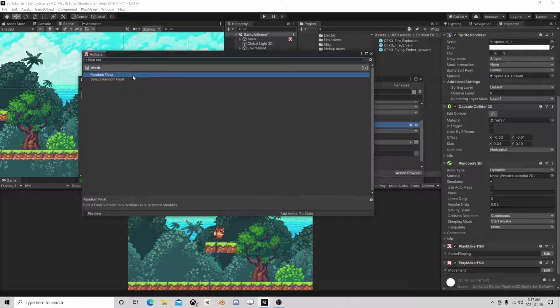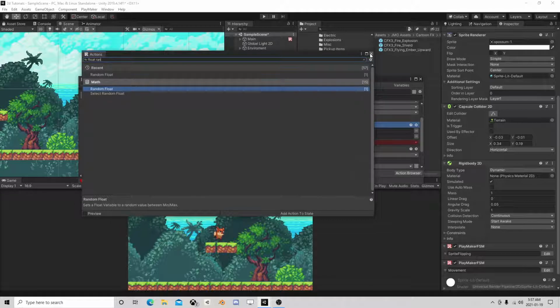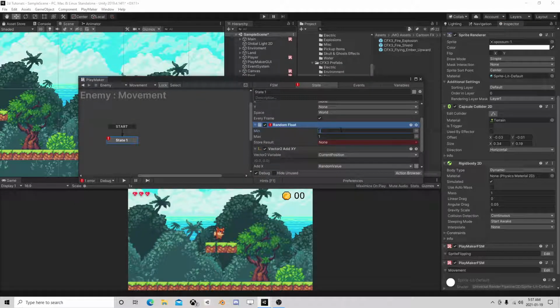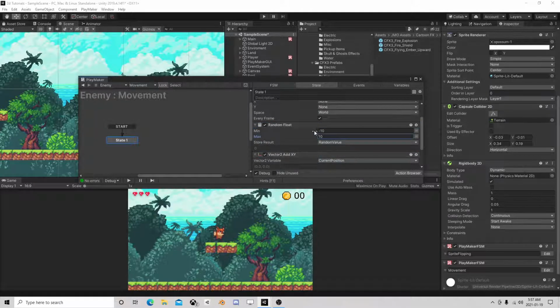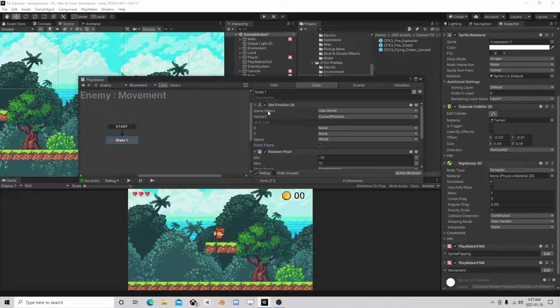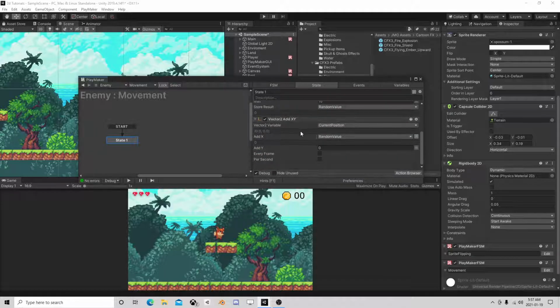Float random. And it's going to be anywhere from, say, -10 to 10. Store that as a random value. That's not going to be every frame, at least not for this moment. We're going to add random value to that,